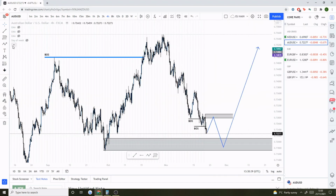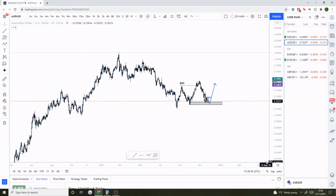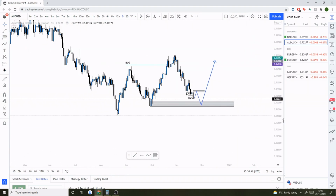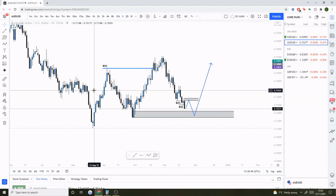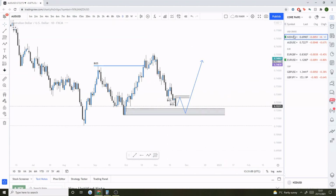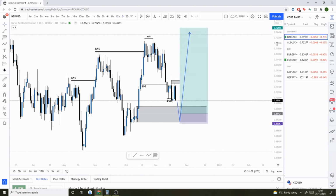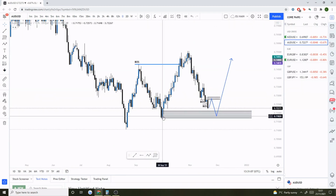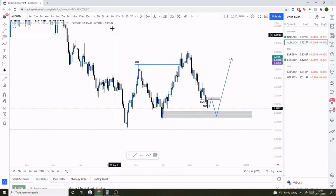Alright, so moving on to AU. AU and NU, they're pretty highly correlated. They are quite similar. The AU structure, technically we've only had one breaker structure to the high on AU because before that we had a breaker structure to the low there, so we've not got that same trend confirmation that we've got present on NZDUSD. But with AU, what we still have is this full bullish breaker structure which originated from down here,